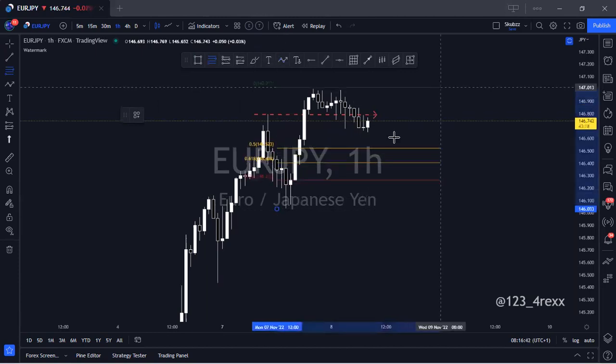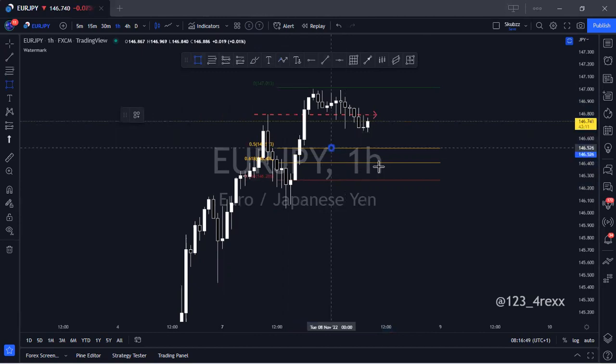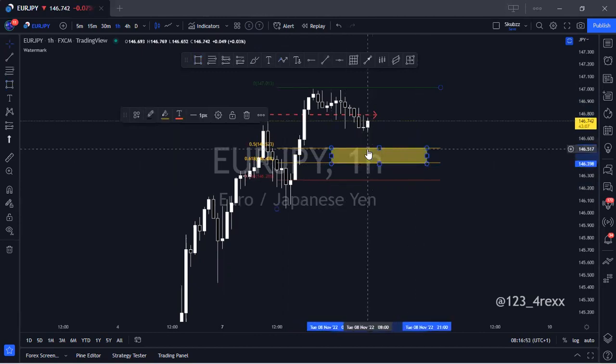So now let's see our fib levels. I'm not sure price will retest these fib levels, but then we can watch out to see if price will retest them. Once price gets into these fib levels, let's watch out and see if we're going to have a reaction. Is there any other pair you guys want us to take a look at before we go?